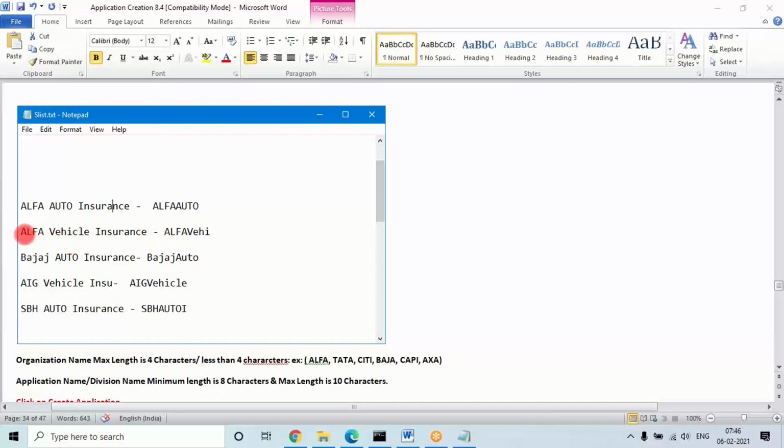Like that alpha vehicle in this, it will only take alpha vh up to there. So don't worry, this will automatically generate in the backend. But if you take the last example, in the first two letters, 7 characters are there. So in that case, in the third letter, it will take the first character because minimum length is 8, right? So in the third letter, it is going to take the first character.